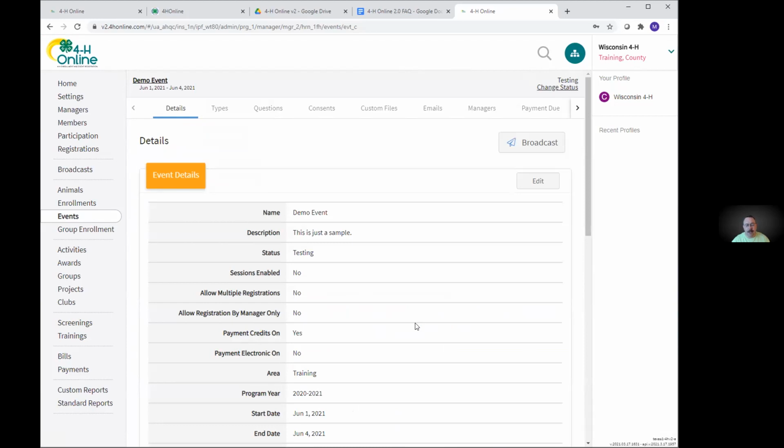Now, the thing is depending on how you set up your reports, you may not care if there's the approval or not. But when we eventually get to credit cards and the ability to do that, their credit card won't get charged until the approval happens. So if you have it without any county intervention, they'll go right through and charge a credit card right away. If you have it where there has to be county approval, well, then at that point, the credit card will just sit there until the county approves the registration, and that's when it'll go out and it'll charge the credit card. So that might be a time you want to be thinking about that.